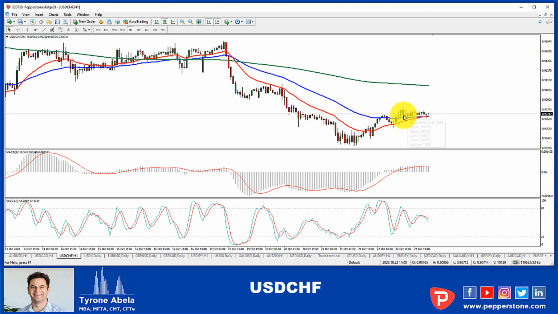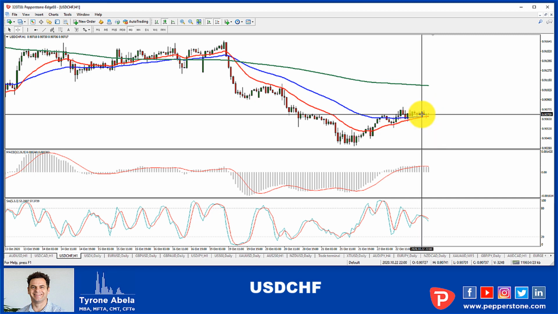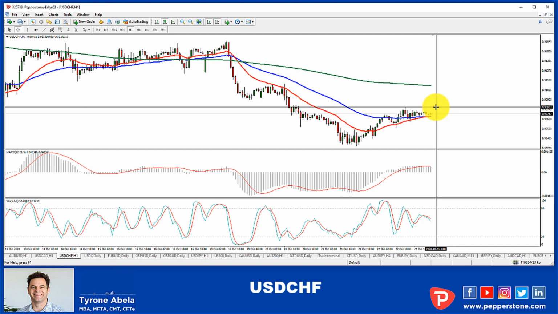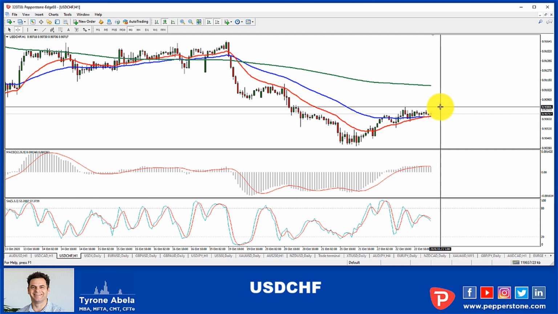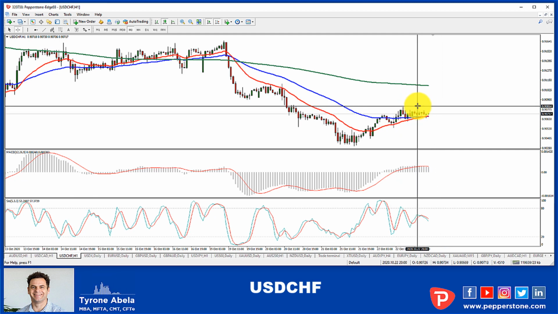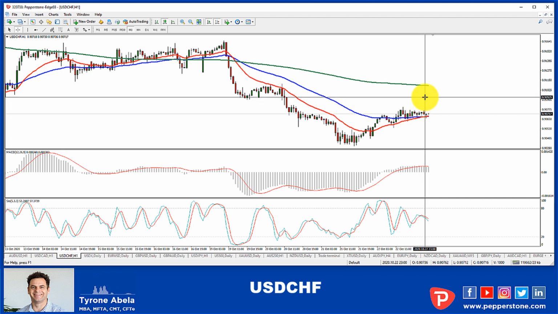Now, this is very, very slow. We know the Swiss is a very slow mover most of the time, so you have to be a little bit patient with it. It's a bit of a set and forget, but you're going for those 20 or 30 pip moves. Like in the first instance here, you're going to be trying to push up to probably the 90, 80, which is only about 15 pips. That's perfectly fine for a scalp, especially on a currency pair like this. But if it does happen to break this level and close above it on a 1 hour, it certainly opens up the next level, which is around that